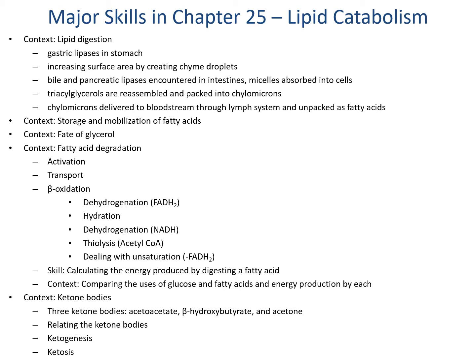We also talked about how they can be used to store energy. In Chapter 25, we're going to be talking about how triacylglycerols get taken into the body, digested into acetyl CoA for energy. We'll also talk about how acetyl CoA can be used to make fatty acids, cholesterol, and a special type of molecule called ketone bodies. Because we've already learned about hormones, we'll also be paying attention to how the new routes we introduce are affected by the hormones glucagon, insulin, and epinephrine.